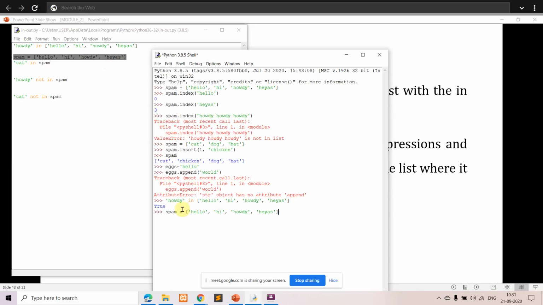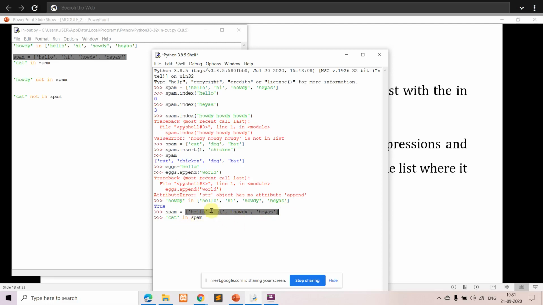Then I want to check whether cat is there in spam. So in this example, what did we do? We have a variable here called spam, which we have initialized with a list. In the list you have the values hello, hi, howdy and yes.